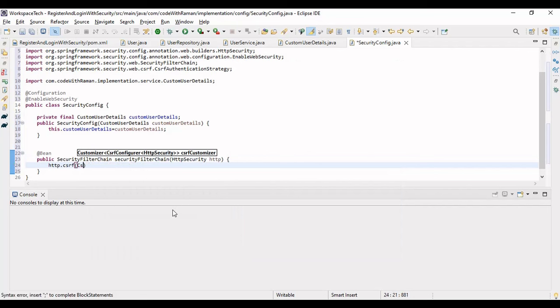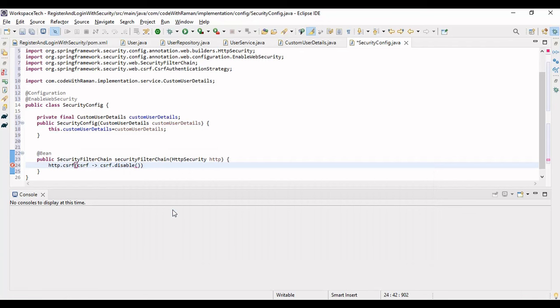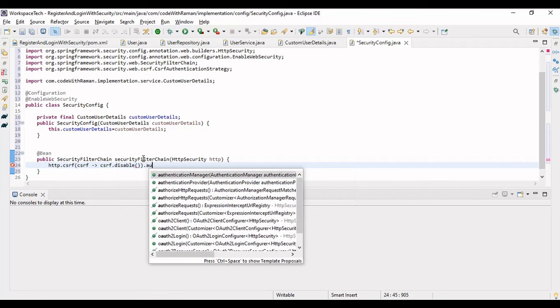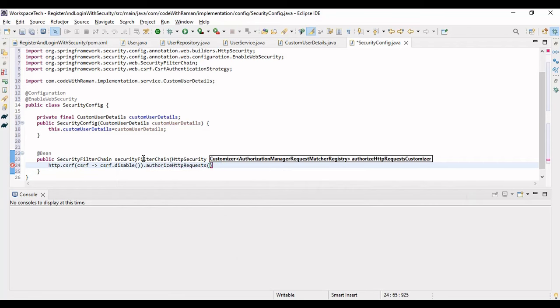We have to use the lambda csrf dot disable, right? And then after disabling the csrf, we have to authenticate our requests, right? Now we have to authorize our request. So I'll say authorize http request, and I'll say request